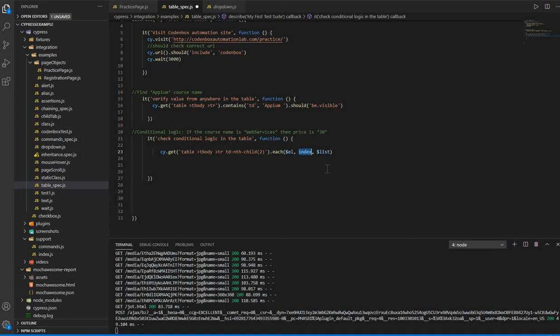And how is the loop maintained? Using this list. The list works like an array. So this is the parameter. It is like an array, so this array has the value, has the knowledge of all the 11 elements from this locator,